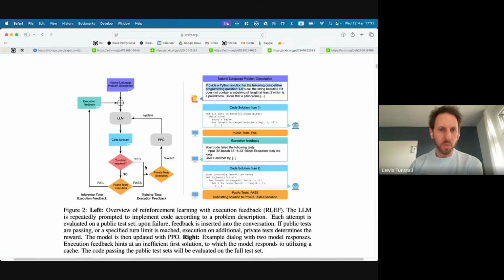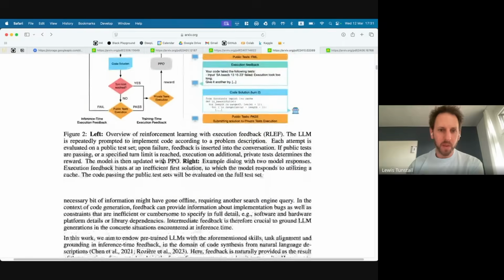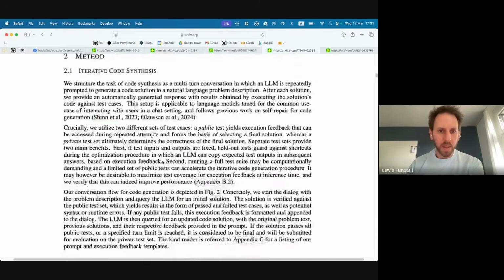And then what's kind of novel about this is that once those tests pass, you then feed them through a second set of private tests, and those are the ones that are used to actually give you the final reward that you then use for the RL update. And that's pretty cool because they talk about here that